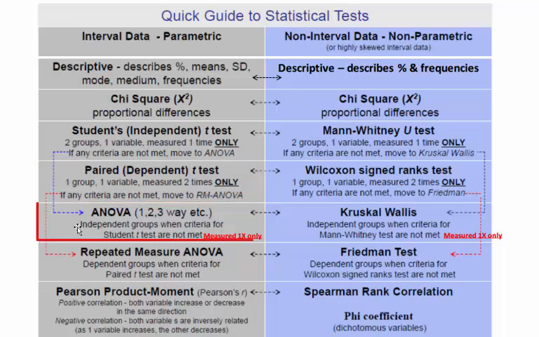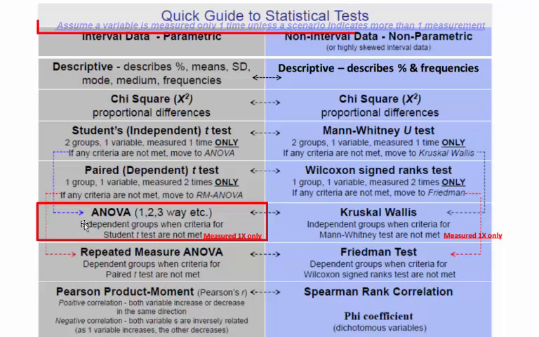The ANOVA test, one way, two way, or whatever type of ANOVA you have, generally is used when a criteria for the independent test is broken. Ergo, the blue dotted arrow. So perhaps you have three groups being compared on one variable. The important thing is with the ANOVA, it is only measured one time. Now you could have two groups, or you could have 5 groups, 10 variables. As long as they're only measured one time and the groups are independent, separate groups,